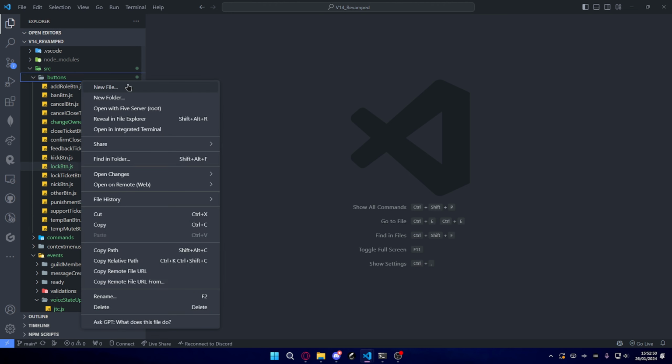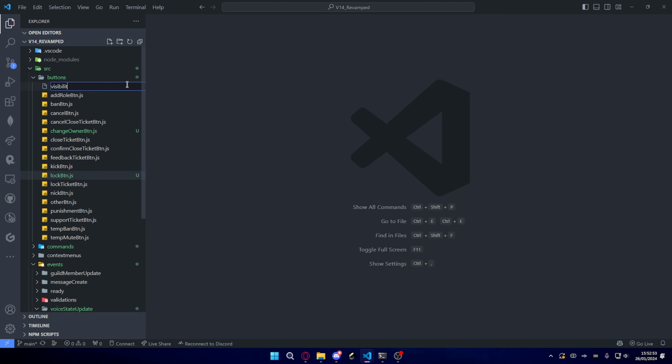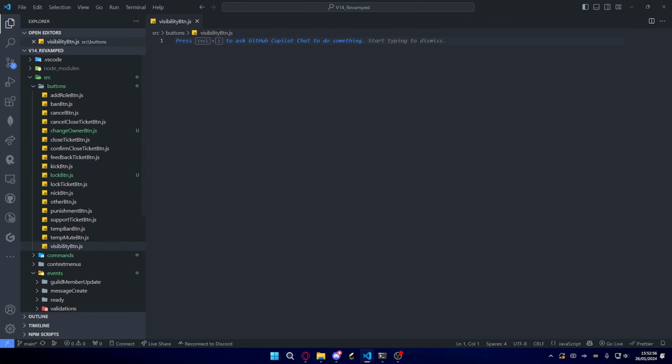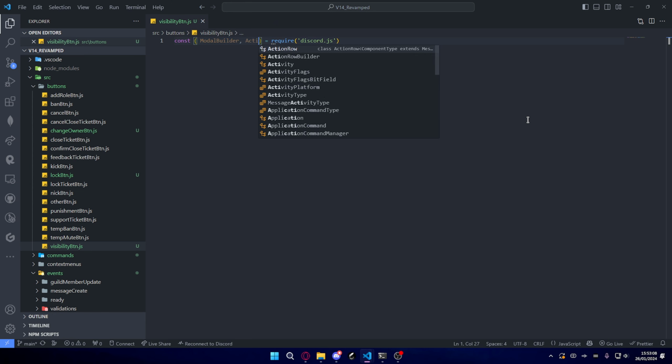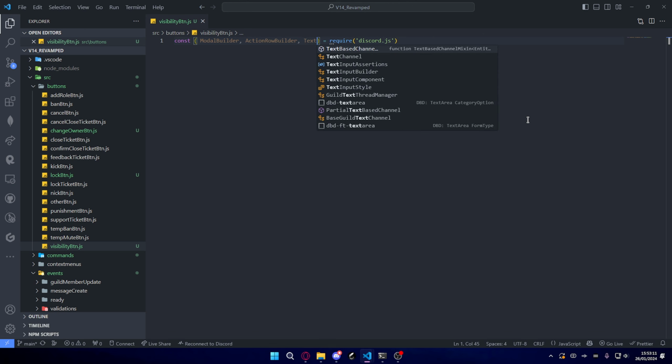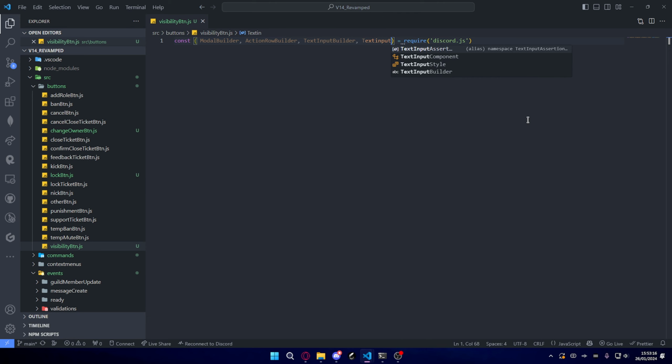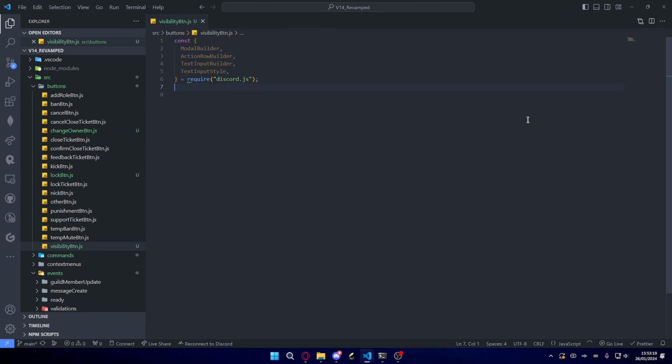So we're gonna close it out, and we're gonna make a new file, visibility button, and we'll go ahead and get a few things from discord.js. We'll do ModalBuilder, ActionRowBuilder, TextInputBuilder, TextInputStyle. We'll do module.exports equals customId, actually